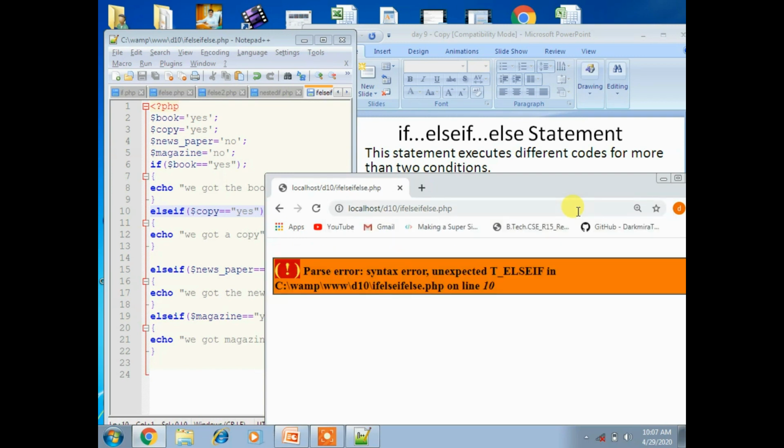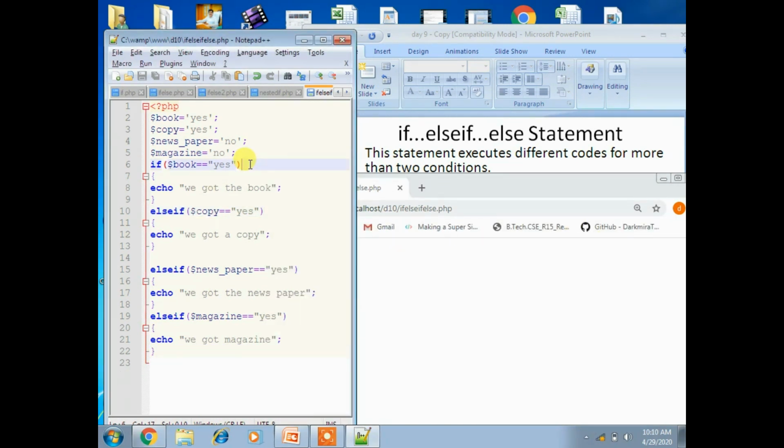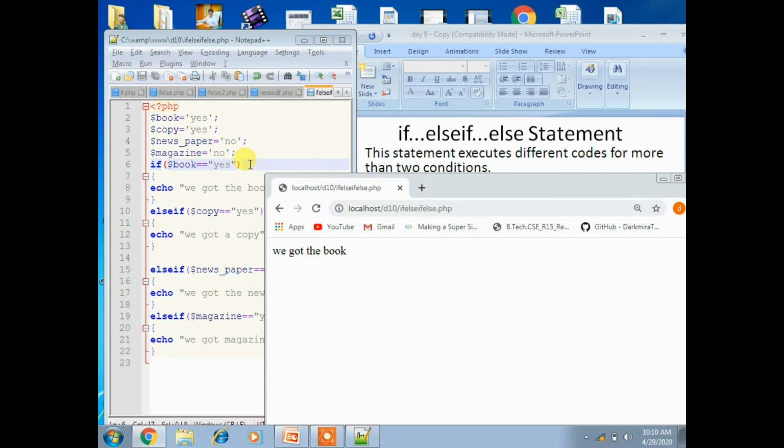So why is it getting an error? Here we have a semicolon, and we have to remove it, it's not correct. So I removed the semicolon and now executed. Now we got the book.